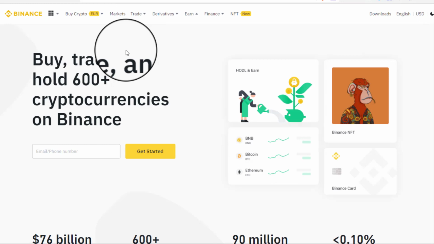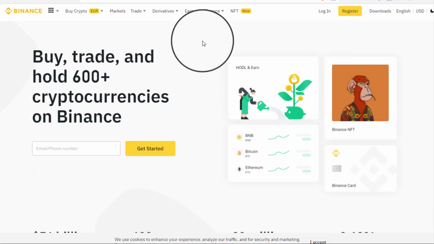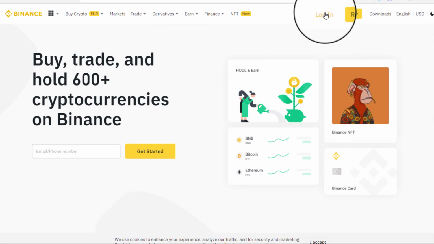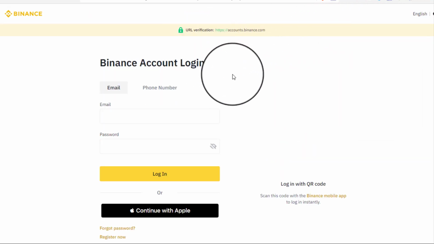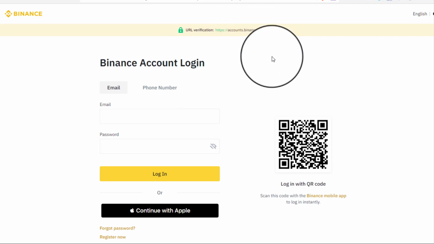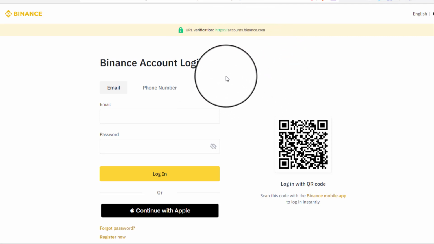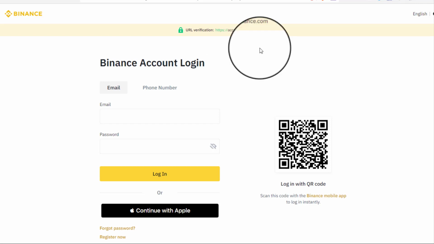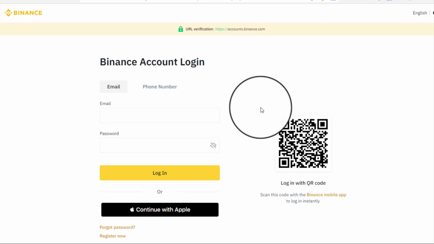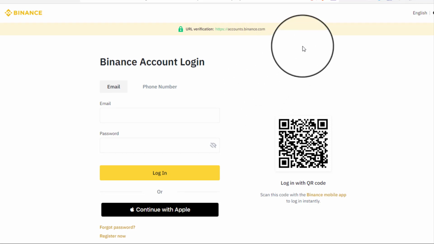So before you are able to trade or deposit cryptocurrency, guys, you will need to go through a verification process where it will ask you to upload your ID or some form of ID, whether it's a driver's license, ID or passport. So the verification process will be explained to you, and once that has been verified, which is actually quite quick, it can take anywhere from an hour to a couple of hours,